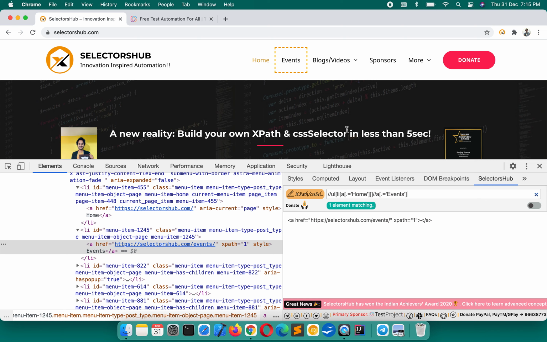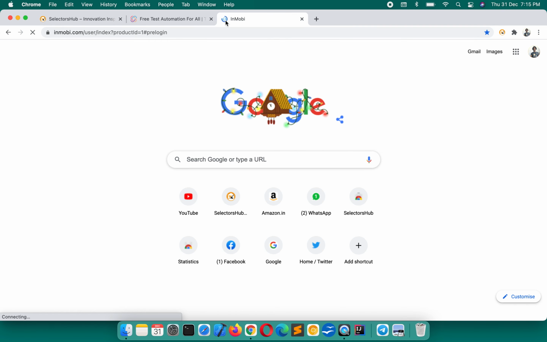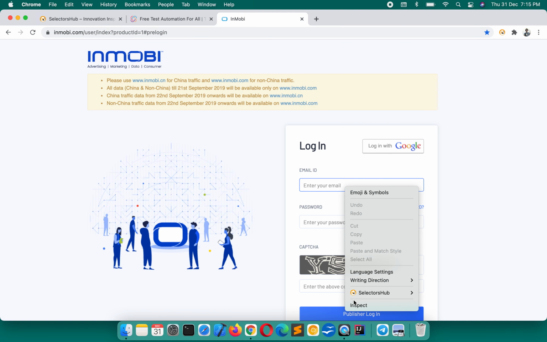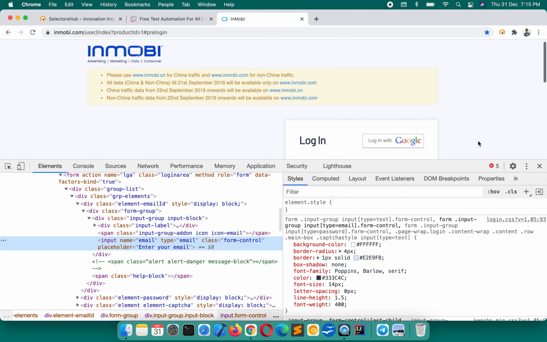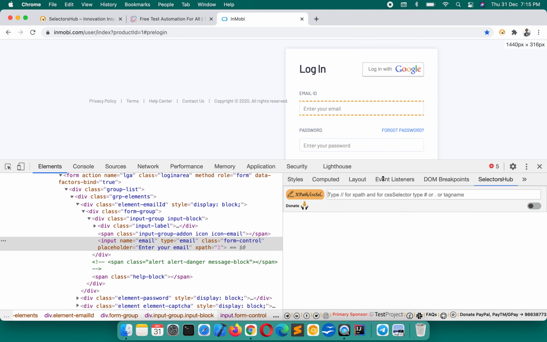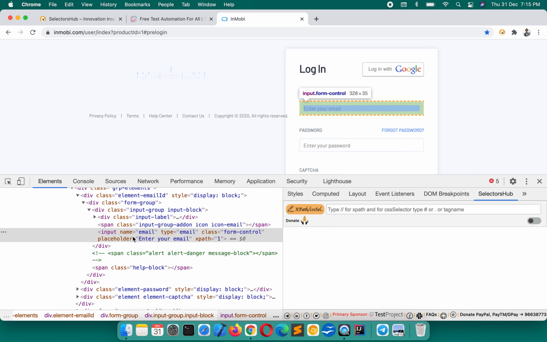There is one more concept. Suppose we want to write the XPath for an element, but we are not able to make it unique. For example, take this one.